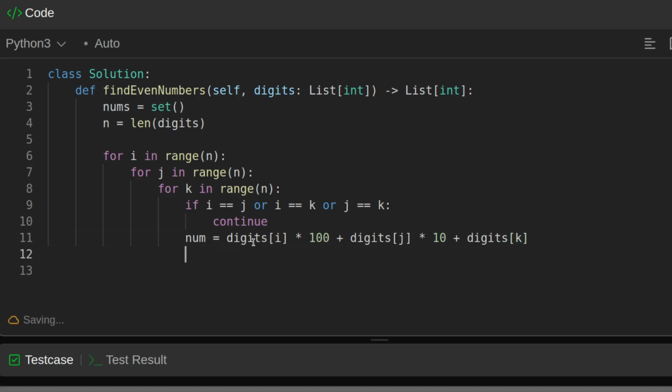Each time we will be doing this, and now we'll be checking that if this num is greater than or equal to 100, and num must be divisible by 2,